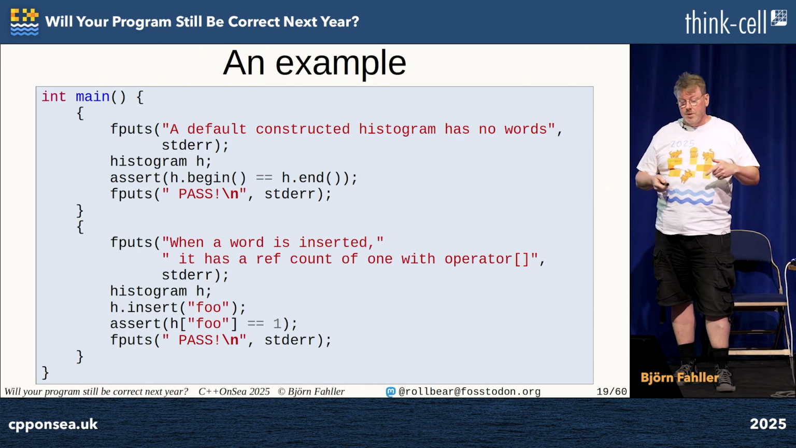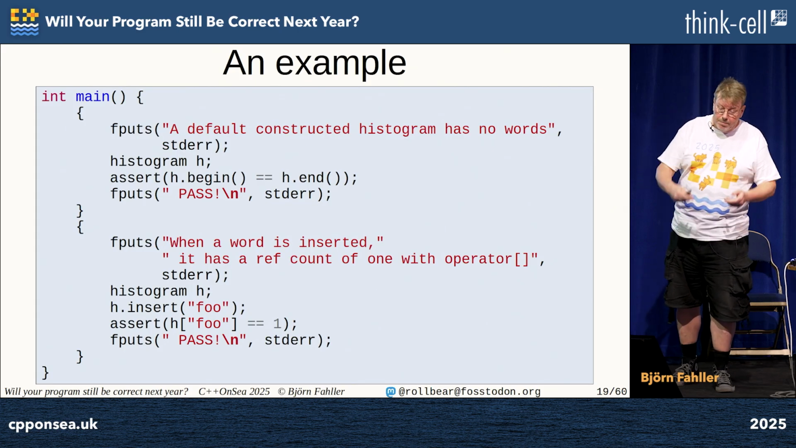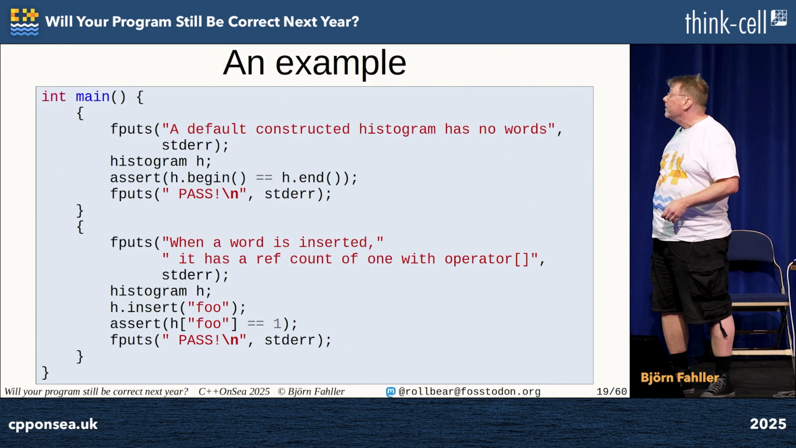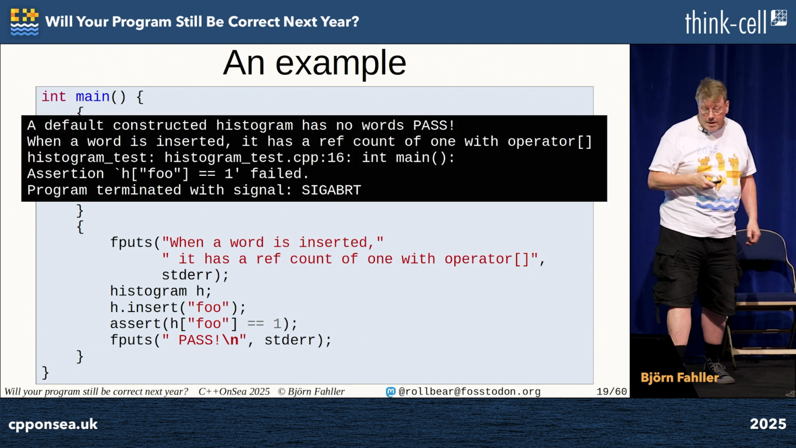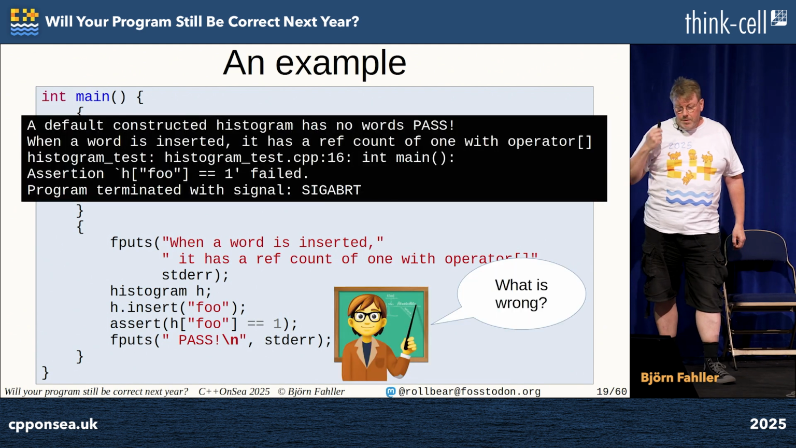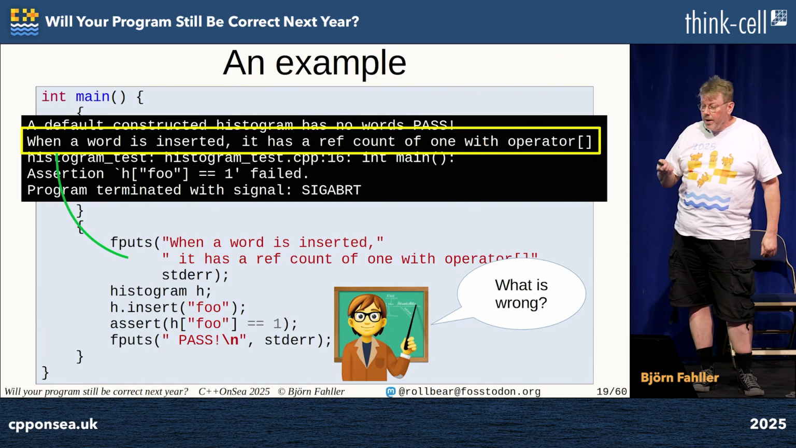When a word is inserted, it has a ref counter 1 with operator angle brackets. Print pass if we haven't crashed by then. And if we run it, we can see that we had a bug. Okay, what's the problem? What's wrong? When a word is inserted, it has a ref counter 1. Okay,